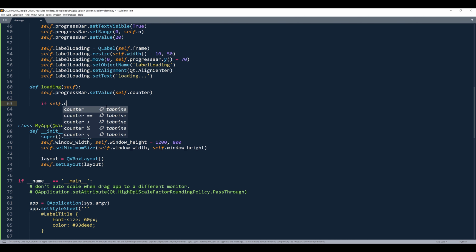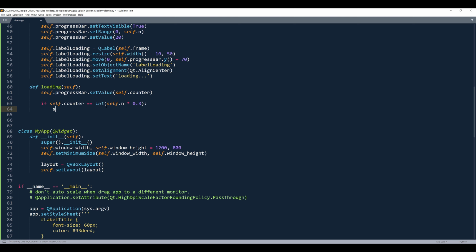Right, so here from the counter, if the counter is equal to 30% times 0.0, so n is the total number, or the total loops that you want to execute. Once the counter reaches 30% based on the n value, then I want to change the label description